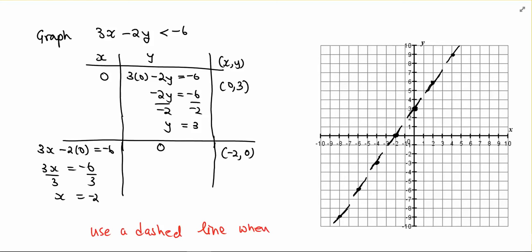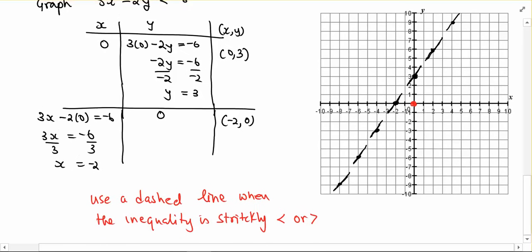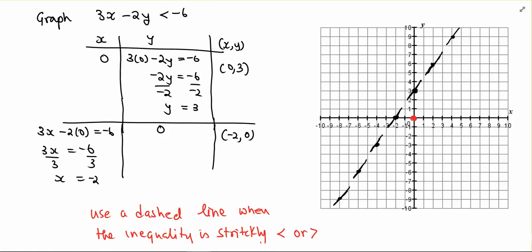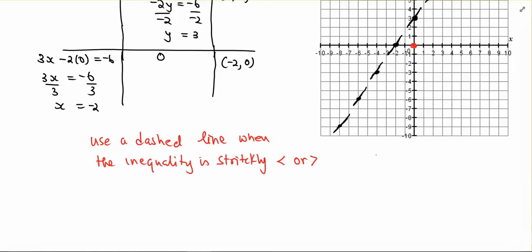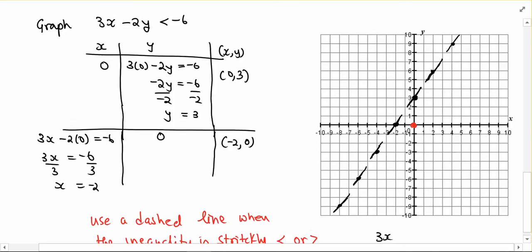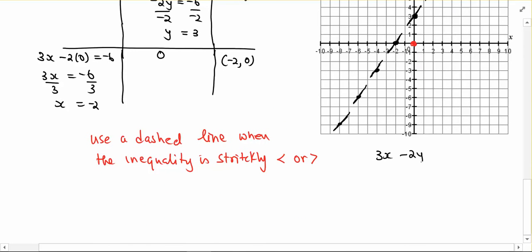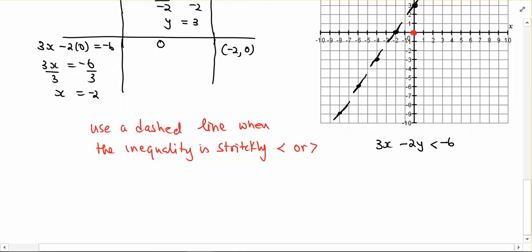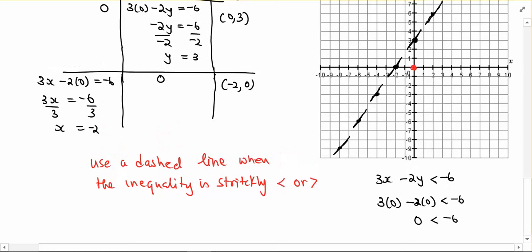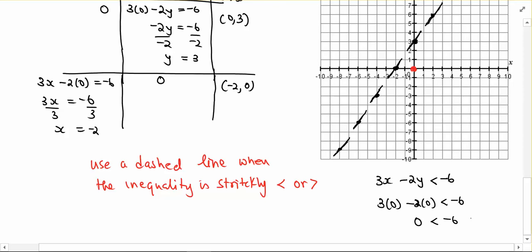So again, if 0, 0 is an option, I'm going to use 0, 0. So 0, 0 clearly is an option, and let's see if it works out. That's my test point. So use a test point. I'm going to take my inequality, 3x minus 2y less than negative 6. Let's put in 0 for x, 0 for y, and so I have 0 less than negative 6. So that clearly is not true, so false,